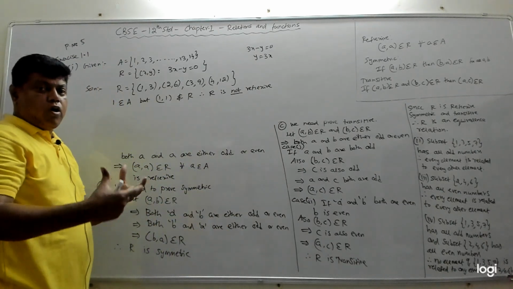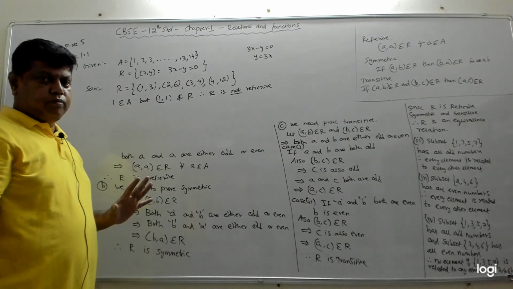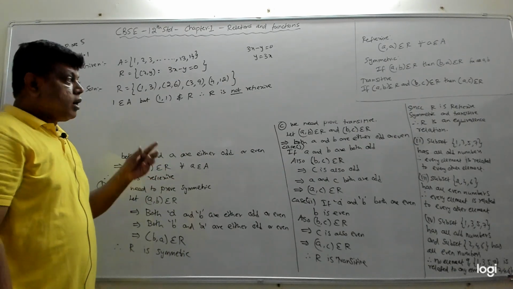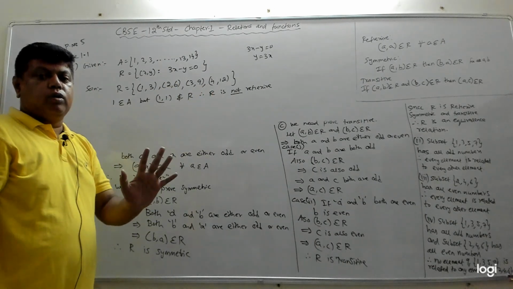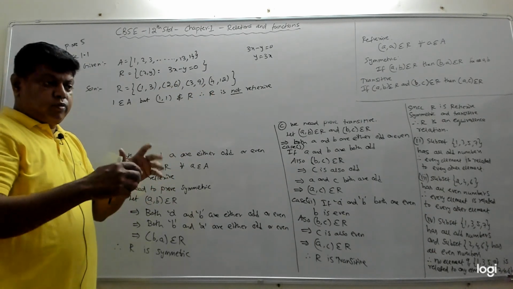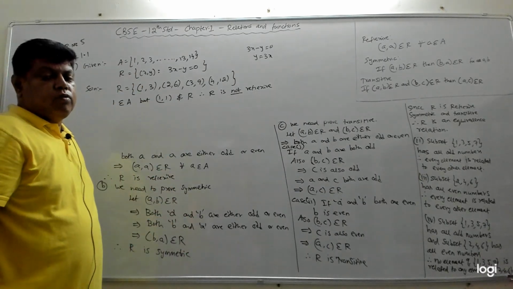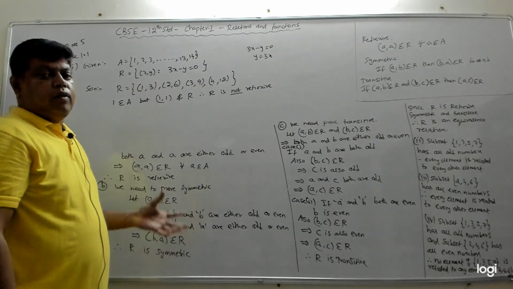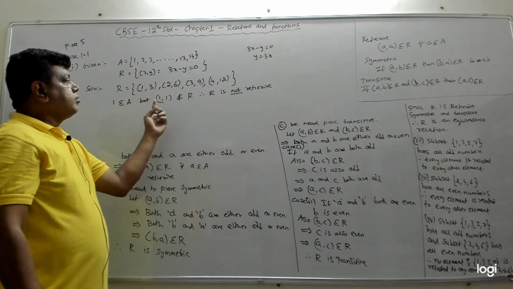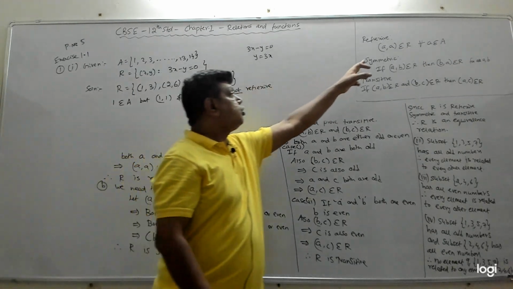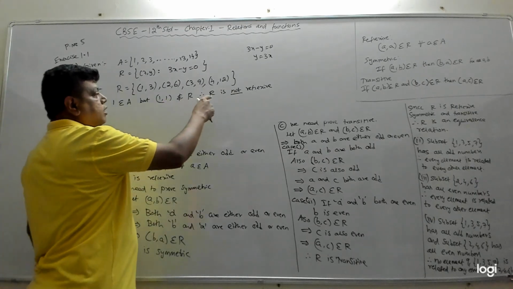To say that something is wrong, you just need to take one example and say it is not right. But if you have to prove something, you can't take one example and say, for this example it is satisfying, so it is true. No. For proof, you have to write the proof. But if you want to disprove something, then you can just take one element which is not satisfying the condition. A comma A should belong to R, then only it is reflexive, but here it is not. It is not reflexive.